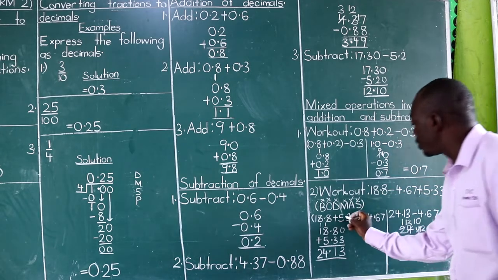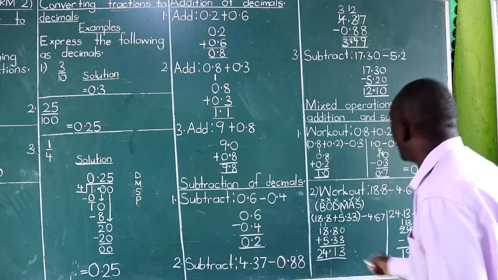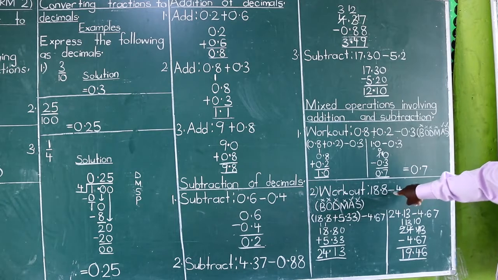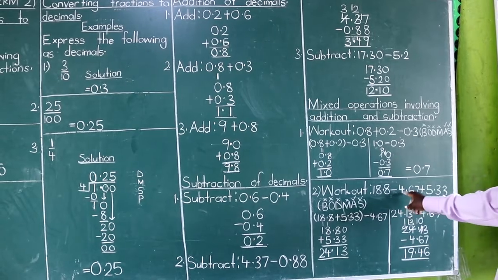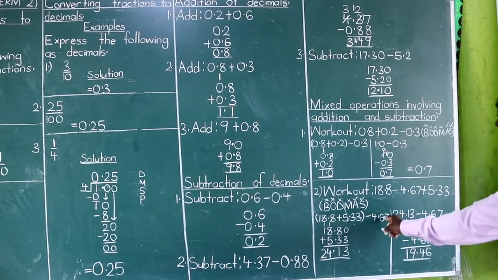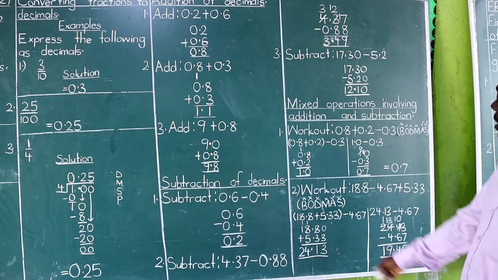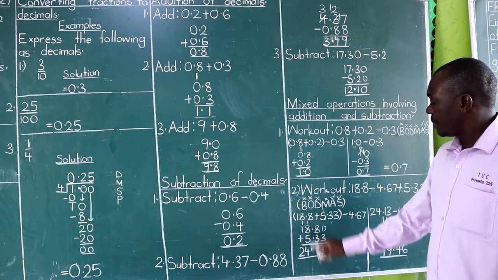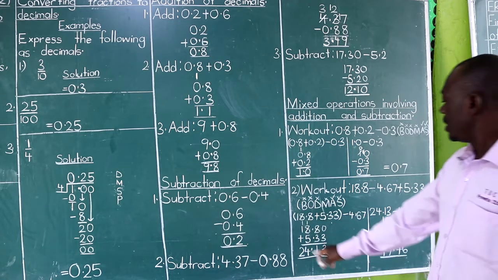It is the statement here which must be adhered to. We first add this last one to the first one, then the one with the minus sign of subtraction comes last, and then we say minus 4.67 and write it here. And now we are told to add first, so we add these two first. That is, equals 18.8 plus